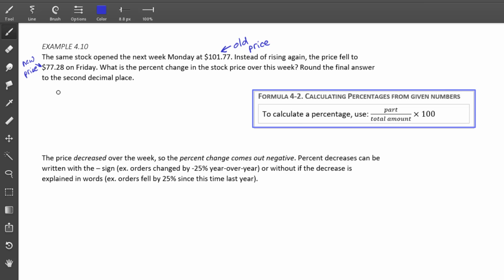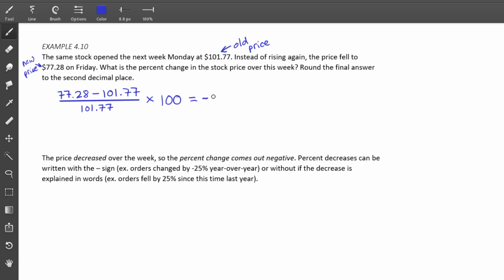So using our formula, we take 77.28 minus 101.77 and we divide by the old price. Old price is 101.77. Multiply that by 100 to get your percentage. And what you get is negative 24.064... This is a percentage. We're going to round this answer to the second decimal place. So based on the third decimal place of 4, once again, we're not going to do anything to the 6 in the second decimal place. And what you get is negative